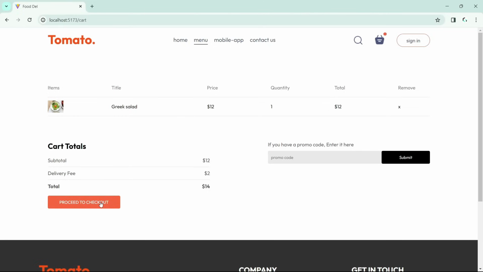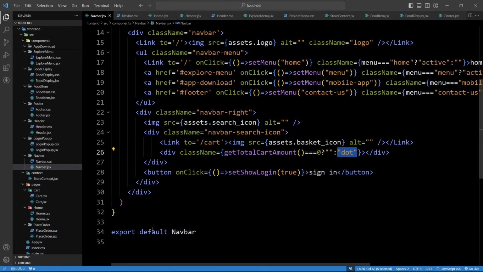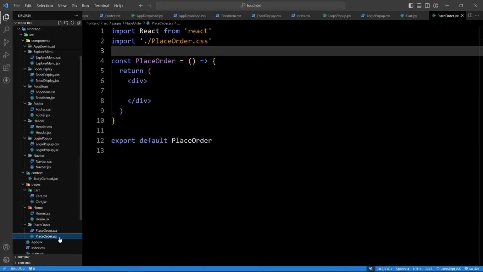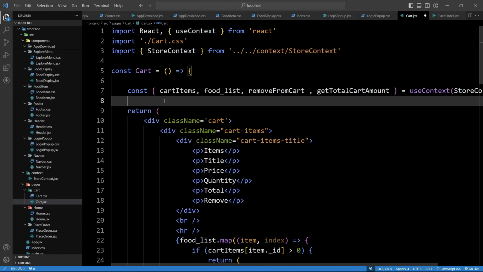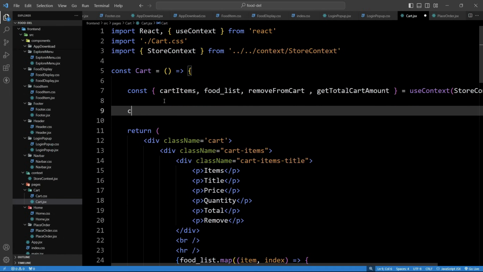After that, we will create one place order page where we can get the address details of our user. For that, we will open the VS Code editor and we will create this place order page. To go to this place order page, we will open the cart.jsx file and here we will use the navigate. So let's type const navigate is equal to use navigate